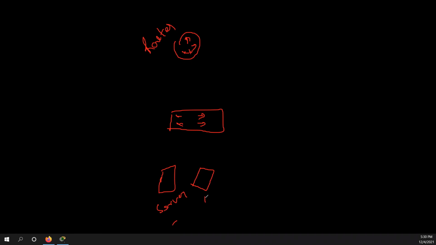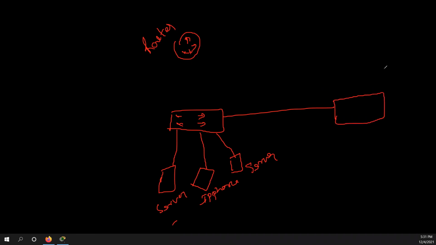This is an IP phone, let's say. And then we have one server. This is the server. Further, we have a switch connected over here. Sorry, not a switch, but this is a wireless access point. This is an access point, which is wireless.